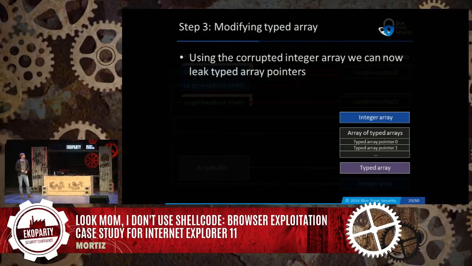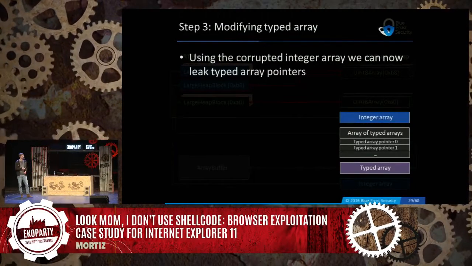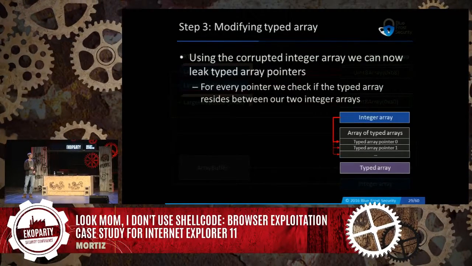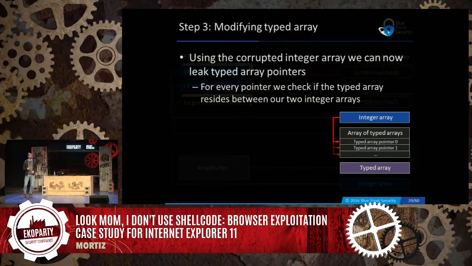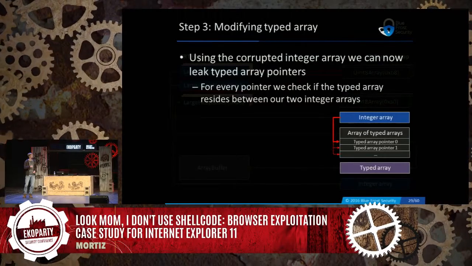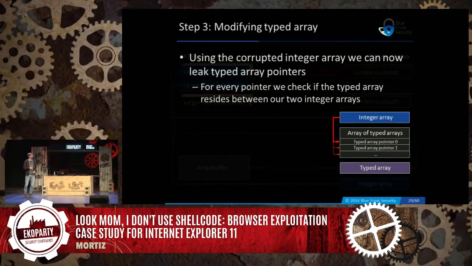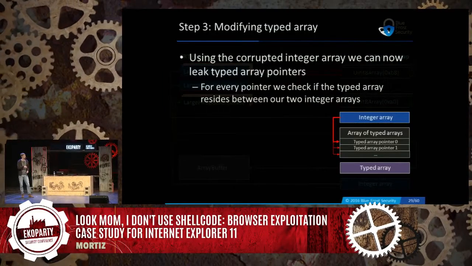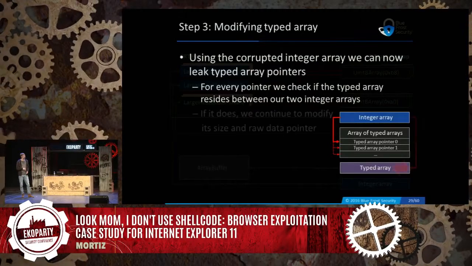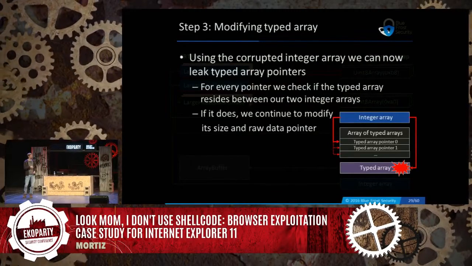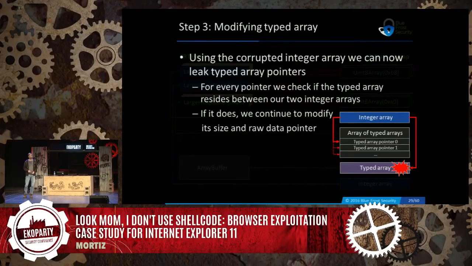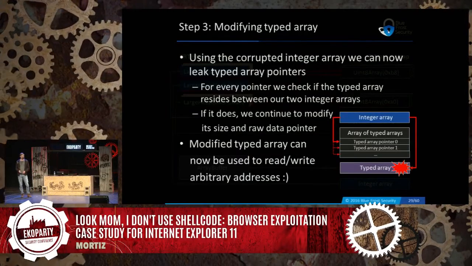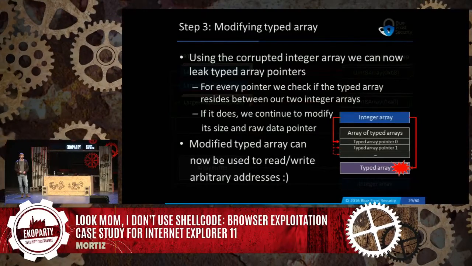So what we do is, again, we use the corrupted integer array, and we read all the pointers stored in the array of typed arrays. And for every pointer, we check if it points between our two integer arrays. And if it does, we know that we can write into this memory region, and we just calculate the distance and overwrite the size field and the raw data pointer. So then we have a typed array which we can use to read and write arbitrary memory